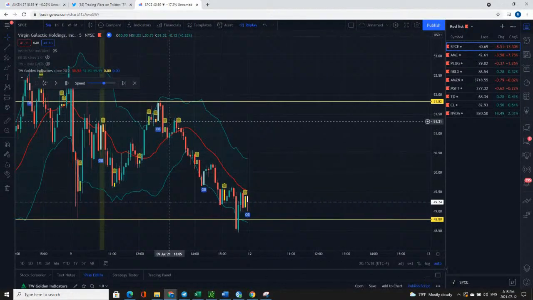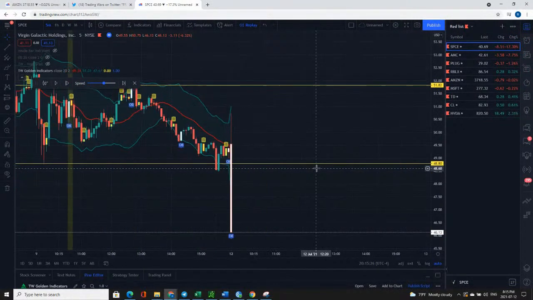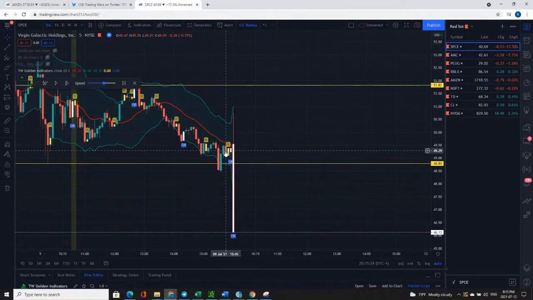So the first thing is we can look at the levels that I had. We had this level for the short, this level for the long, and then we're going to press play. Okay, so boom, this is the first 5-minute bar. If you're using the breakout method, the level method, once we break that yellow line, that's your trigger for the puts. You can short shares, puts, whatever.